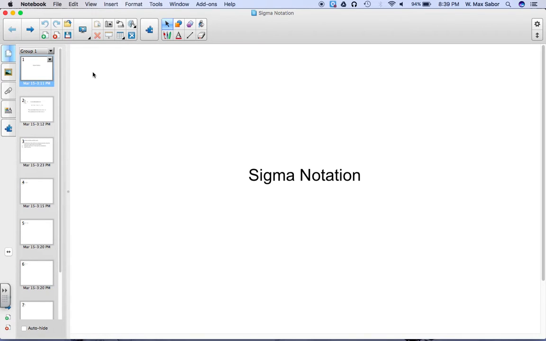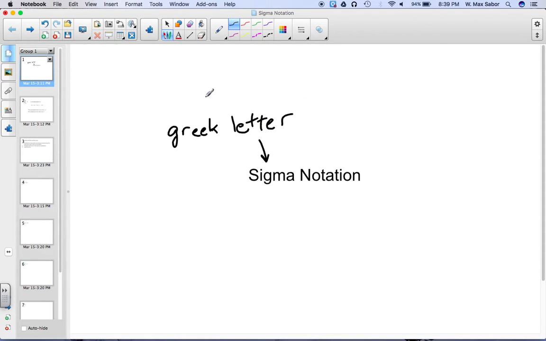What is sigma notation? Well, first of all, sigma is a Greek letter, just like pi or theta. This is the capital sigma, which is what we're going to be talking about. The lowercase sigma looks like this. It's used for things like standard deviation. But this capital sigma stands for summation,